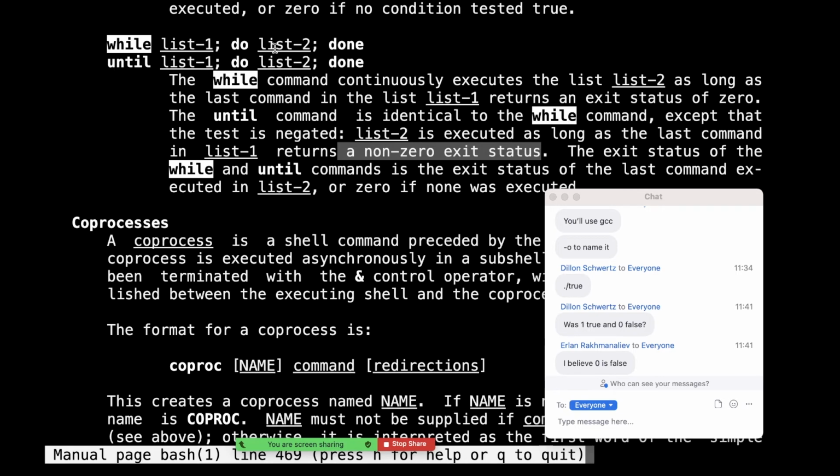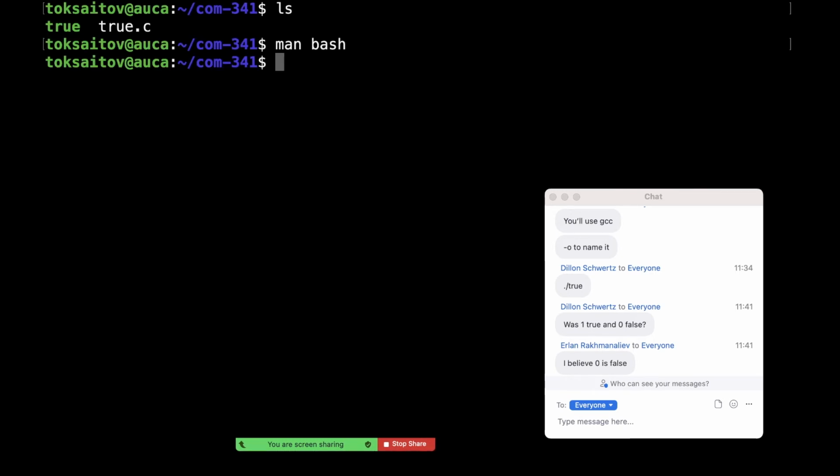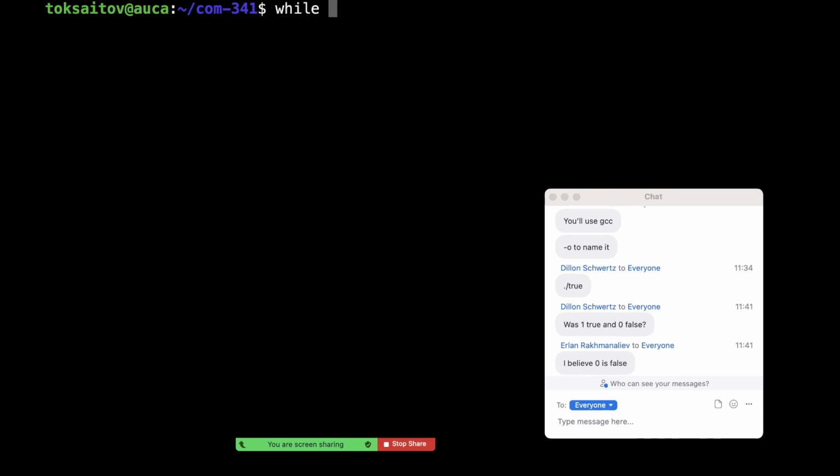Don't get confused. So now that we know, apparently here you see we can run this construct and, well, what could be our Boolean value? Well, apparently it could be the result, an exit status, of any program that we can run here. Right, so let's try to create an infinite loop following this syntax. So I will exit from this manual pager less by pressing Q on the keyboard. I will now try to create this infinite loop. So I will write while, and first of all, I will try to use the